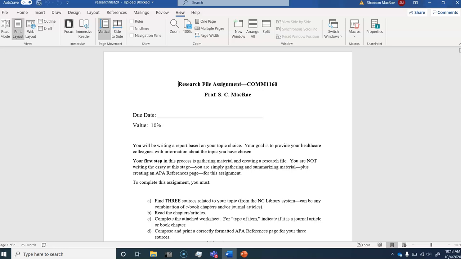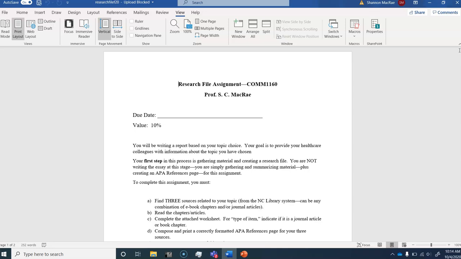So we're actually going to get started with our big project now. I've asked you to pick a topic. Some of you may have worked ahead and already done some research on your particular topic. For this assignment, I'm asking you to find material and summarize material on your particular topic choice. So eventually we're going to be writing a report, an essay on this particular topic. I do want to make it clear though, I'm not assigning the essay right now. All we're doing is gathering material and summarizing it at this stage. But eventually you will be writing a report.